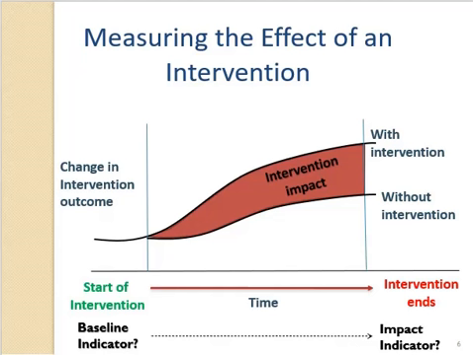But when the intervention was introduced, there was a better improvement, and therefore it shows in the graph for with intervention up here. Again, if you go below, you will see that I've indicated baseline indicator and impact indicator. With time and with the introduction of the intervention, there must be realized change. That realized change is what we use to measure whether the intervention has created some impact or not, as always basing on the data that we collect from baseline. Based on the indicators we got during baseline, we can know that there has been an improvement, and this is the magnitude of the impact that the intervention has